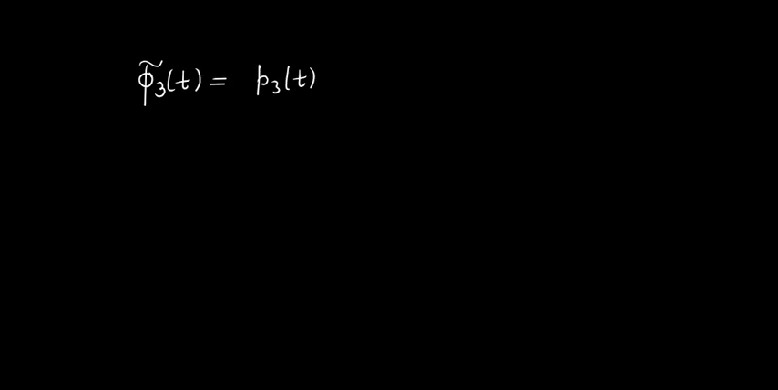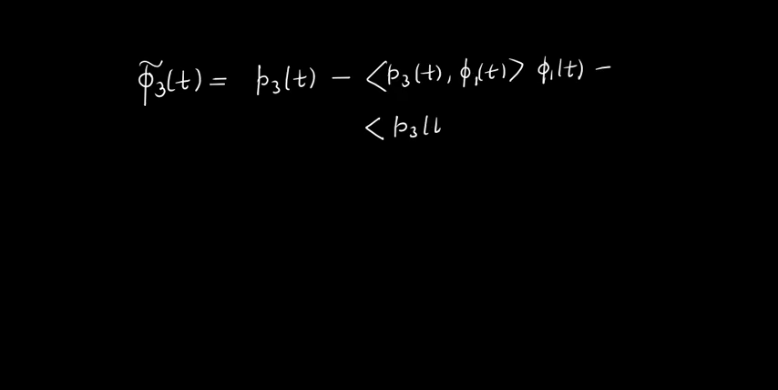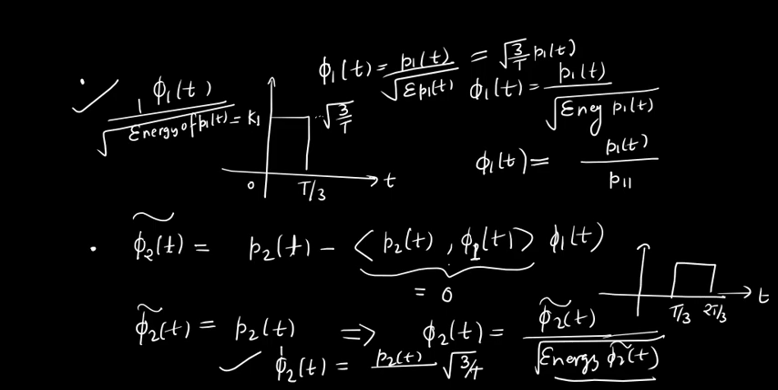You have P3T, now you have to find out the scalar product of P3T with the previously known orthonormal basis, which you have just evaluated. Minus P3T with, yes or no? So, if you can see here,